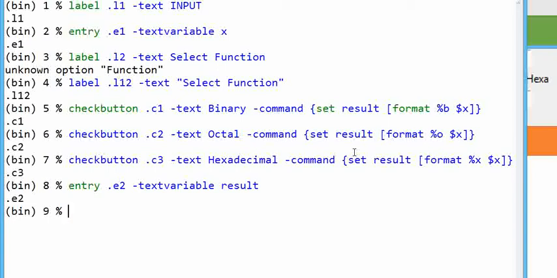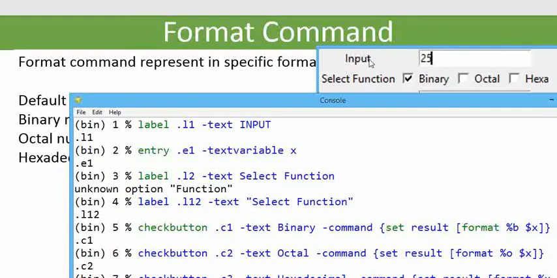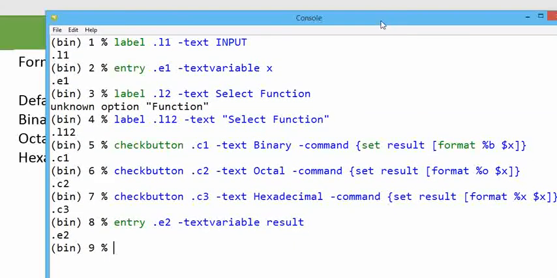Now we have to make it appear. In which order do we need to do it? Very first label 1, then entry 1. We can use pack or grid.